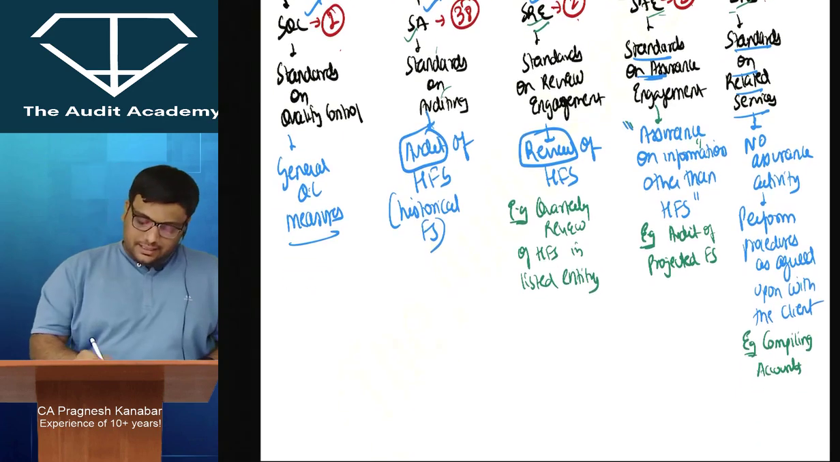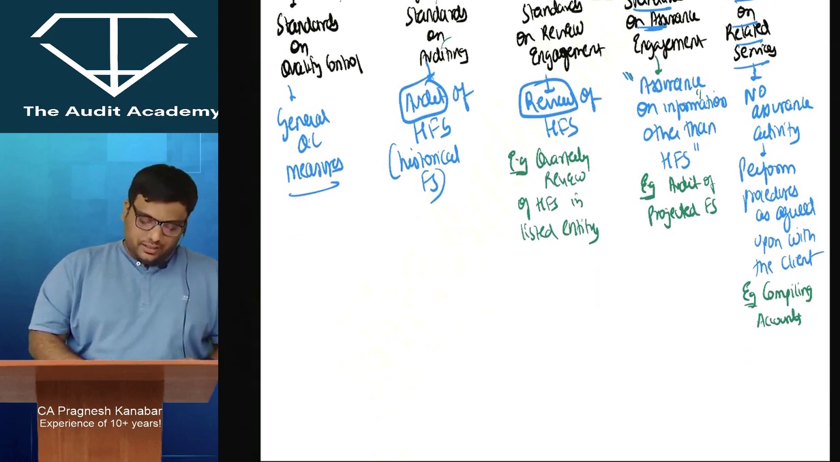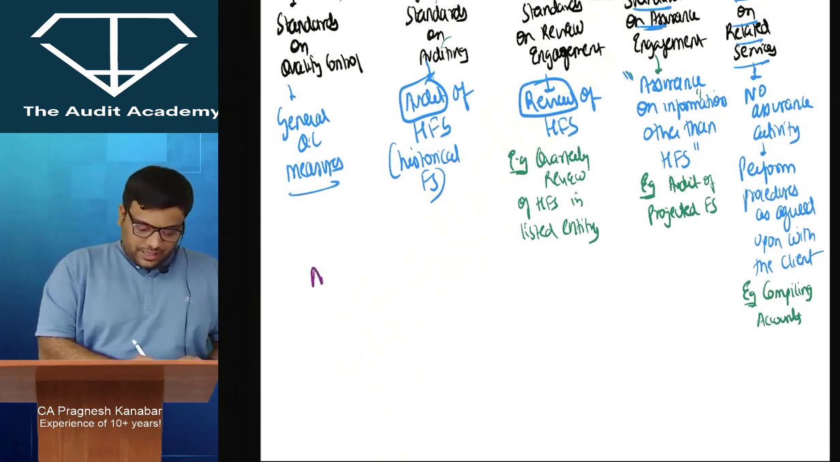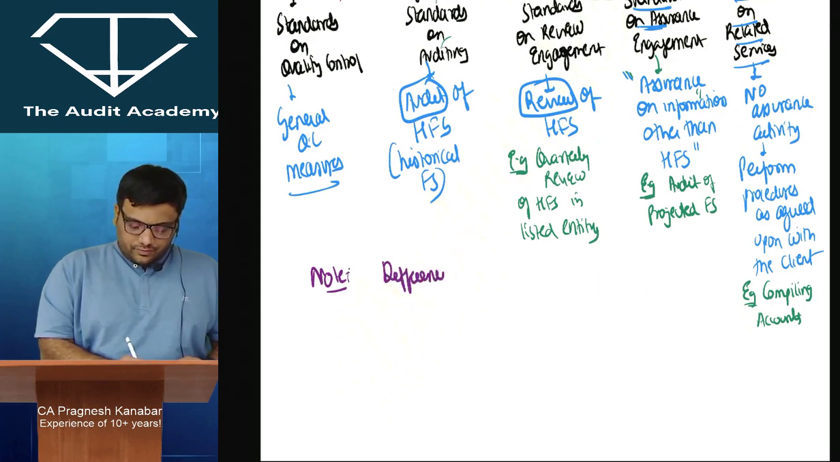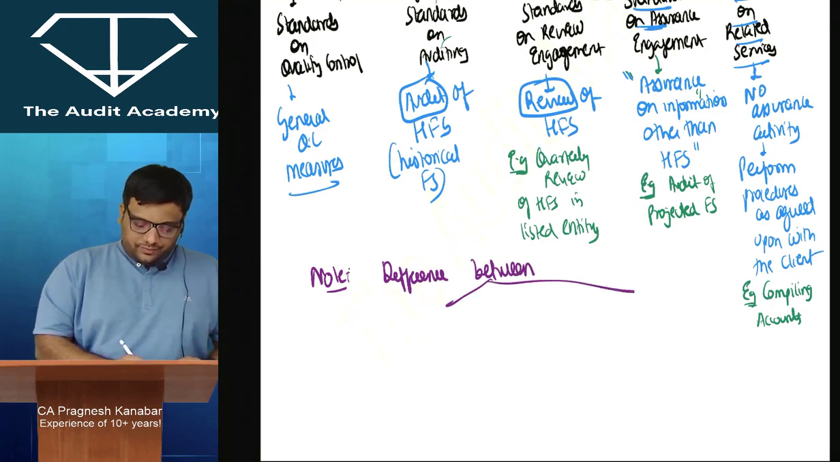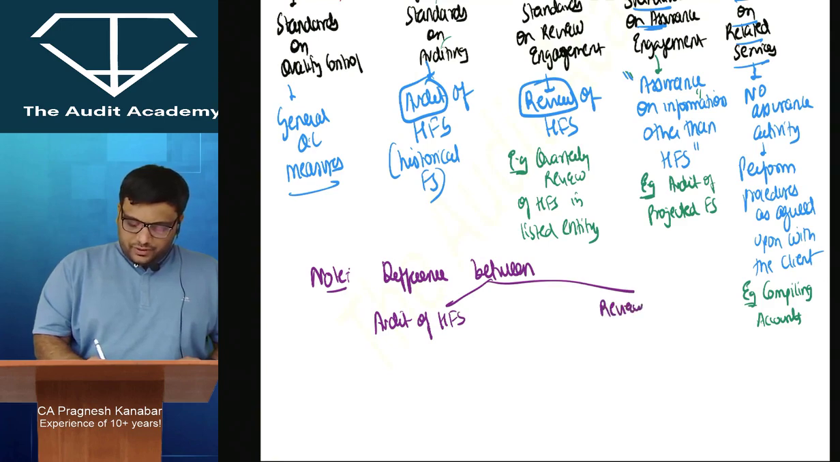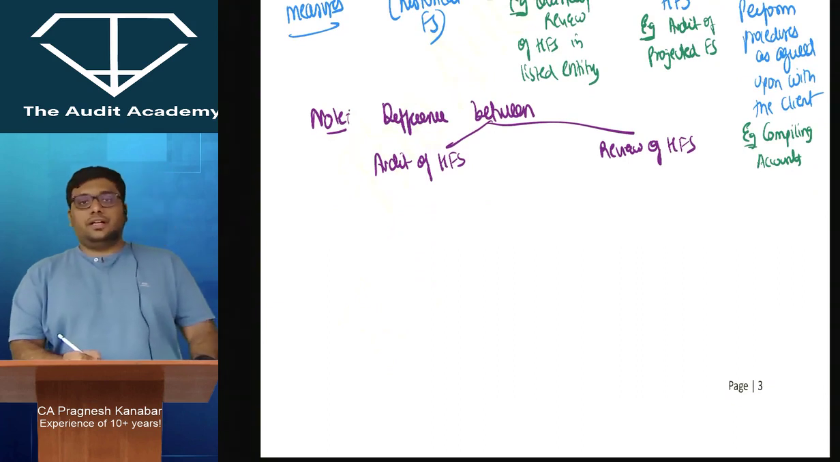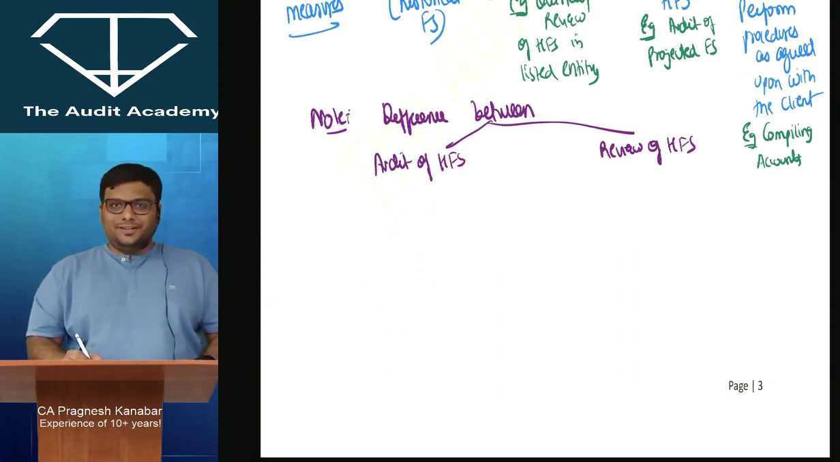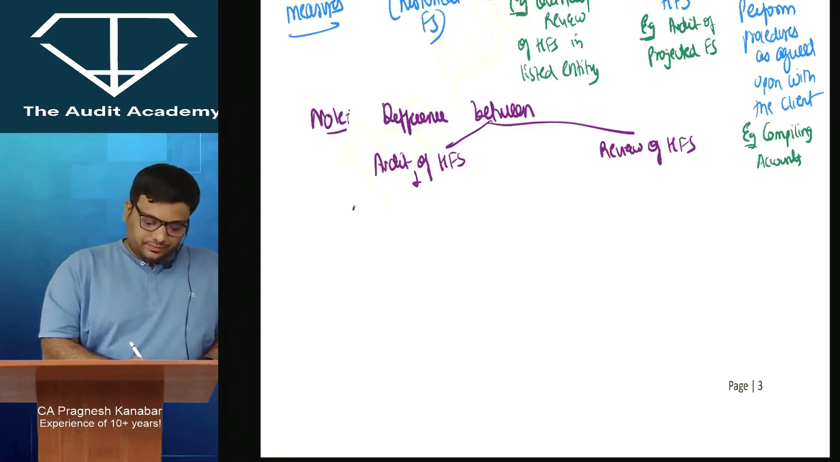So when we were discussing this chart, the major discussion, the best note that you were supposed to write is the difference between audit of historical financial statements and review of historical financial statements. That is the best note that you need to write. Okay. So when I talk about audit of historical financial statements,